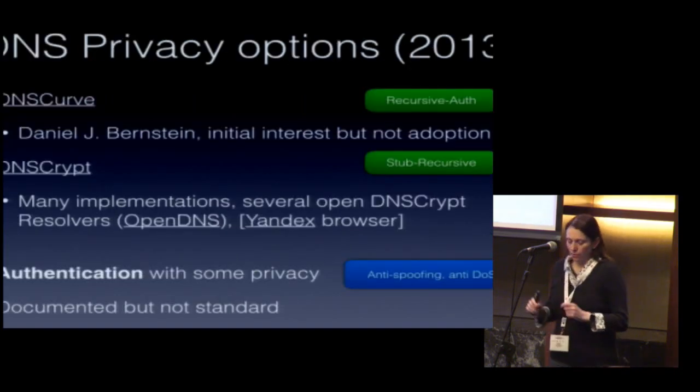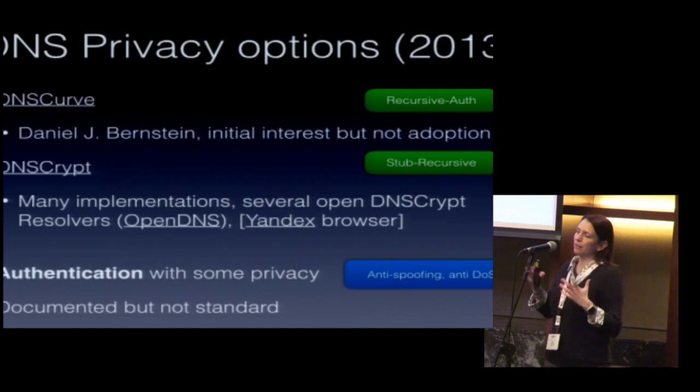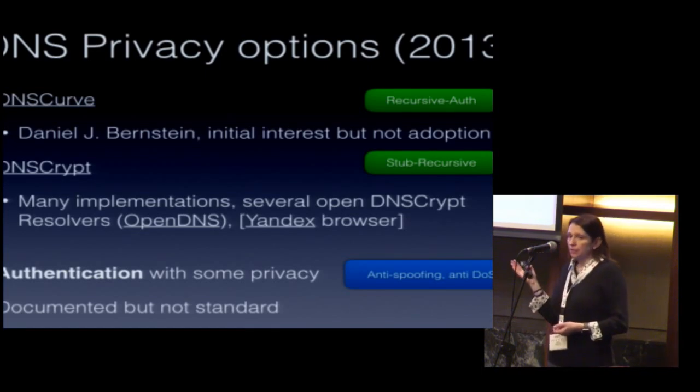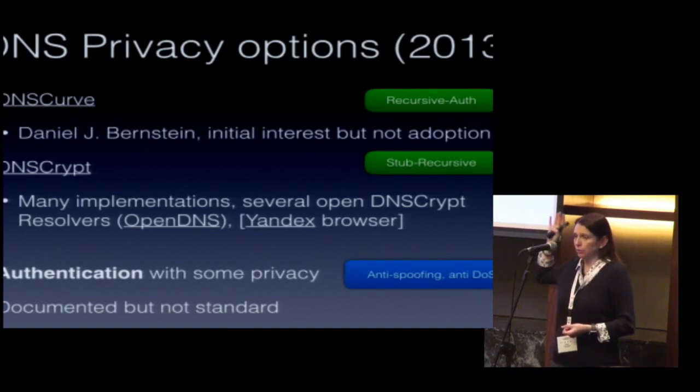Okay, so what I wanted to do quickly was just say, okay, so back then if you were savvy to DNS privacy being a problem, what were your choices at the time? There were a couple of things available. DNSCurve was around for a little while. DNSCrypt was developed and is still around. There are a number of implementations. And in fact, OpenDNS offer that as a mechanism when you use their resolvers.